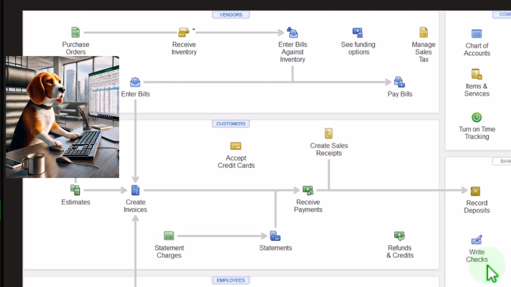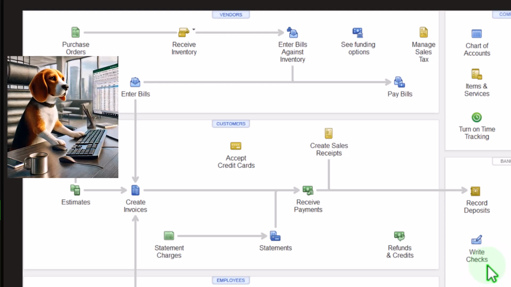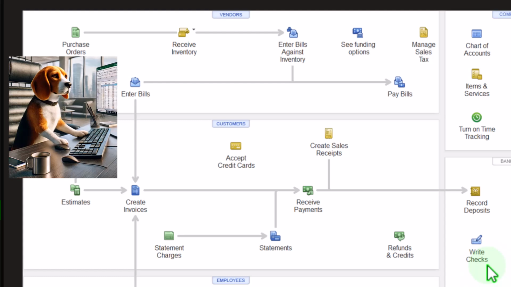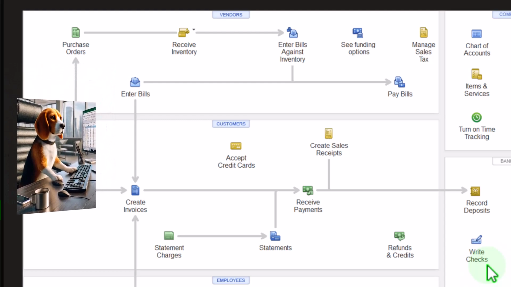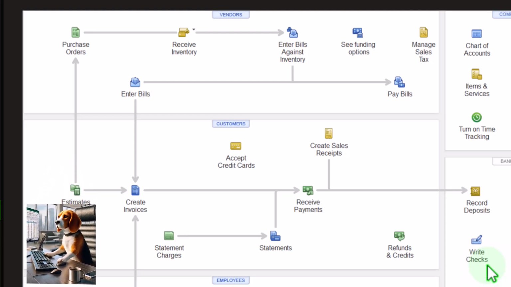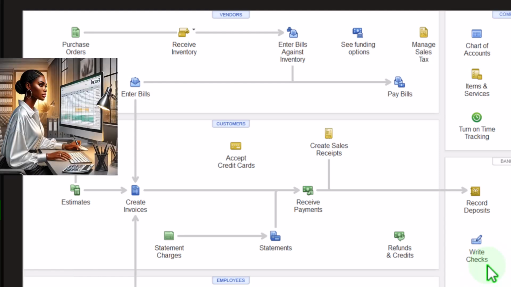Why? Because there's no timing difference between, in essence, when the work was done and when we paid for it. In other words, if it's a telephone bill, we got the bill basically right after the month that we incurred the service, we used the telephone. Then on an accrual basis system, I would record the expense at that point in time because that's when I incurred the expense. I used the telephone. But on a cash-based system, I would still record it at that point in time because that's the time that I actually paid for it. So you could say I'm on either an accrual basis or a cash-based system, but it just results in the exact same transaction because there's no timing difference between when the work was done and when